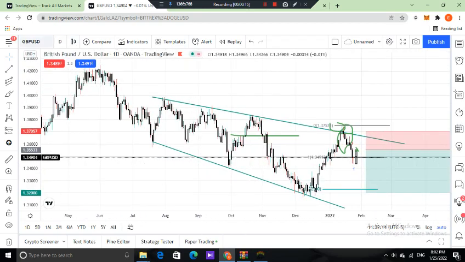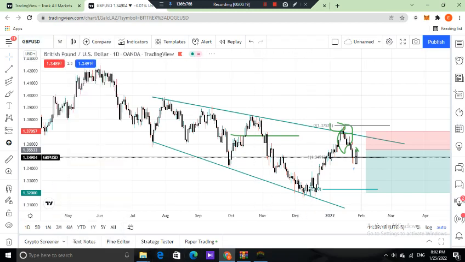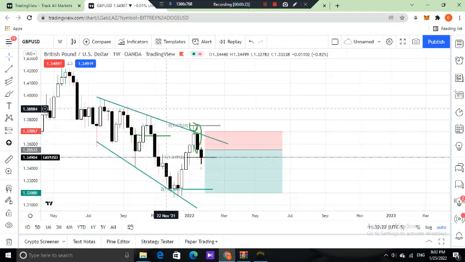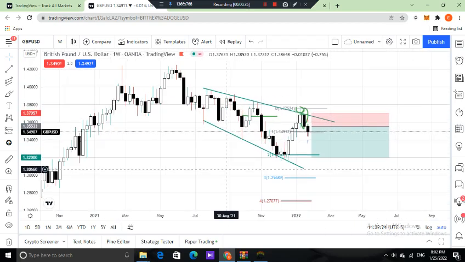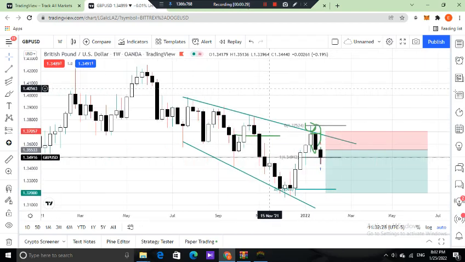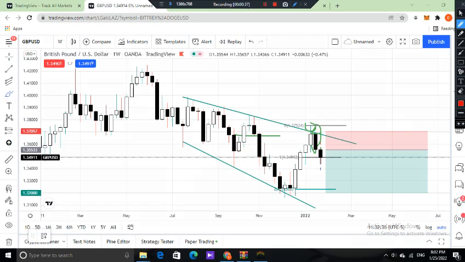We have GBPUSD here. Let's start from the weekly time frame. As we can see, we have this megaphone shape channel here. We have these 1, 2, 3 legs down, as you can see. Let me show you. First one, second one, third one, and now we are forming